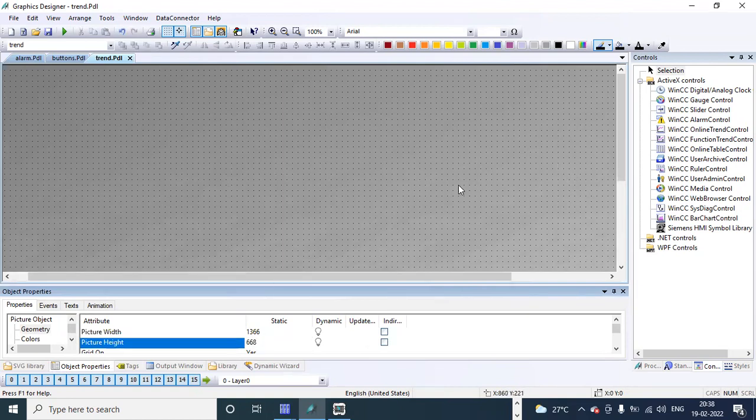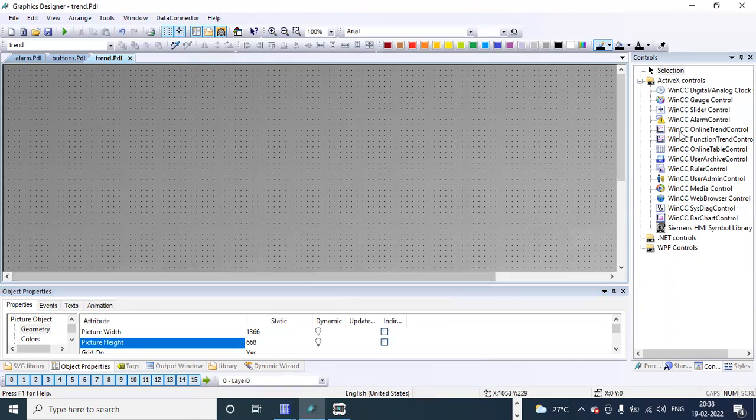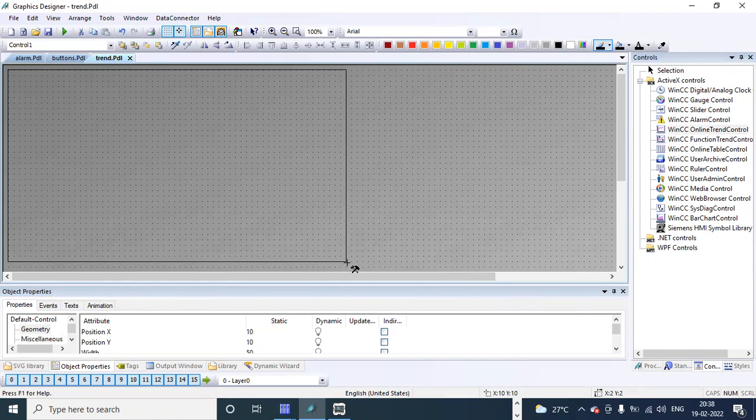Now from our controls window, select WinCC online trend control, and drag this window here in the picture.